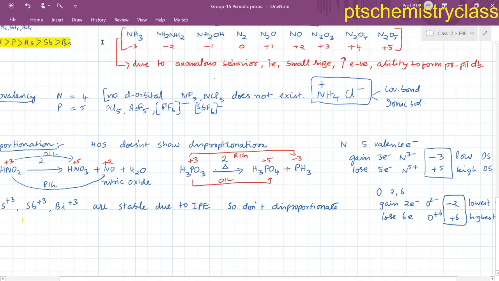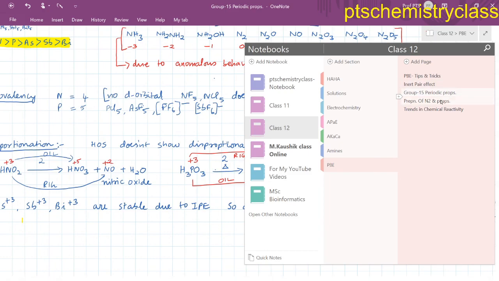So this is how the disproportionation reactions take place. So this is about the general chemical properties of the elements, oxidation state. Then we will see the next one, which is more